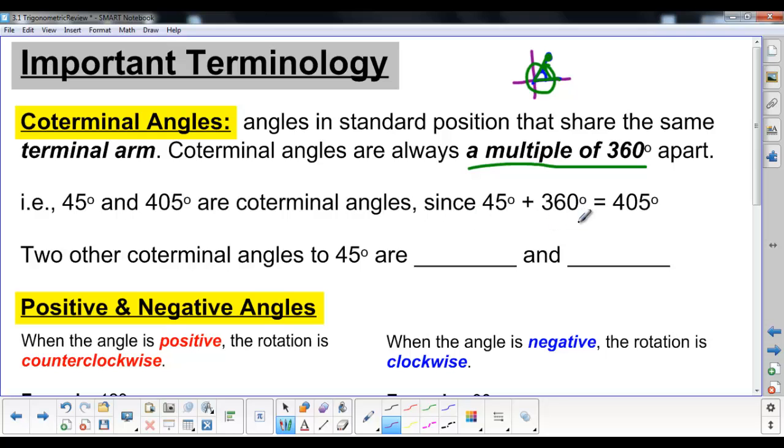Well, 360 degrees away from that would give me an angle that I created that is 405 degrees. So this green angle that I drew up here. So two other coterminal angles to 45, well, let's take this 405 and add 360 to it. So if I took 405 and added 360, I would end up with another angle that is 765 degrees. I could take that angle and add another 360 to that, and I would end up with an angle